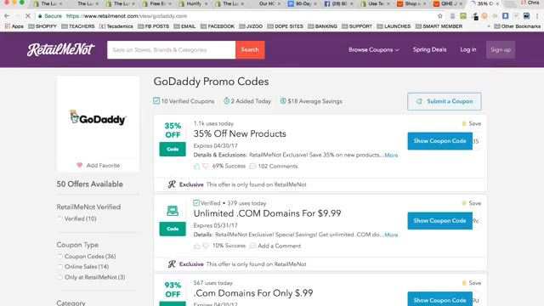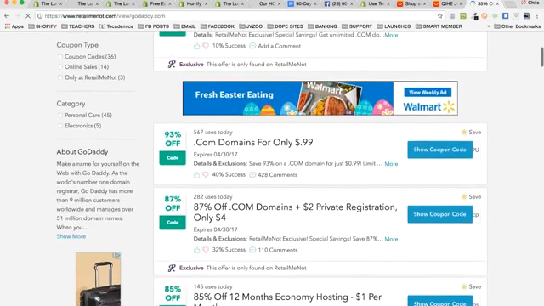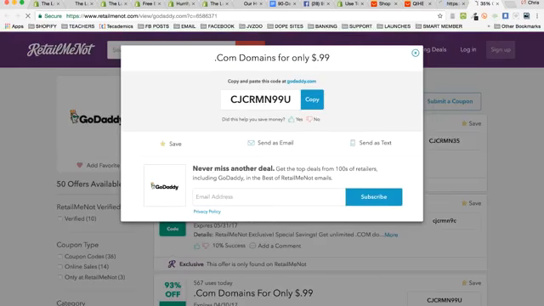But then when you start seeing all these things, like right here, .com domains for only 99 cents, what you're going to do is try these coupons. You're going to show the coupon code, and there it is. You're going to copy this coupon code. Okay, it's copied. And then when you're checking out at GoDaddy, you're going to buy one domain name, only one